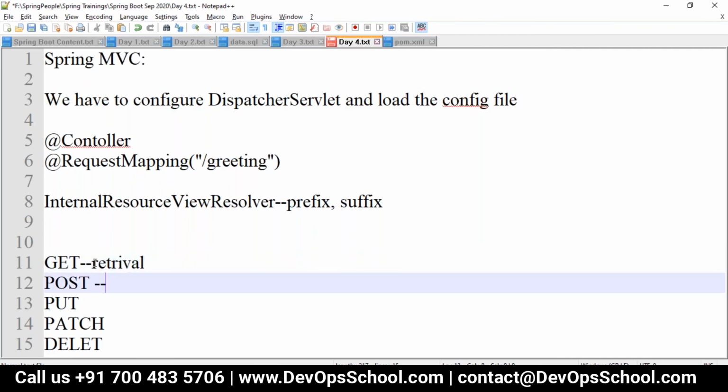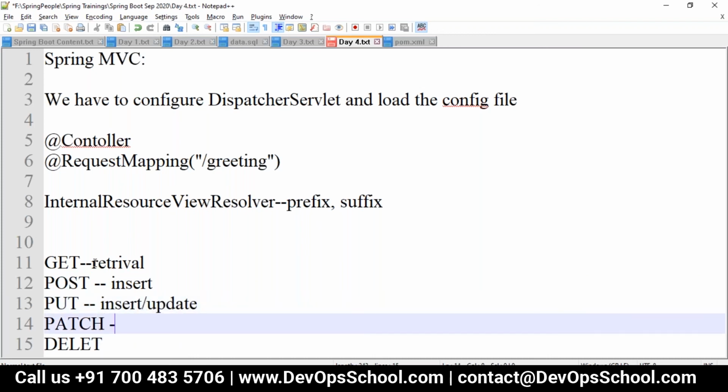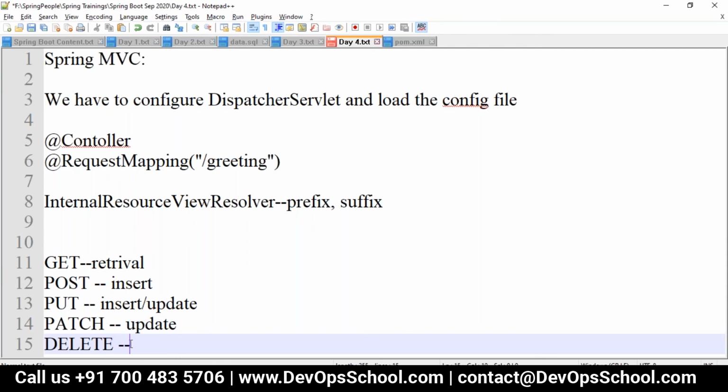Where you want to do the insertion job, we will go for the post method. Put is where, if the record is not present, it should insert, and if the record is present, it should do the update. But the patch method can do only update. Patch is used only to update. Okay. And then delete, which is to remove or delete your resource.